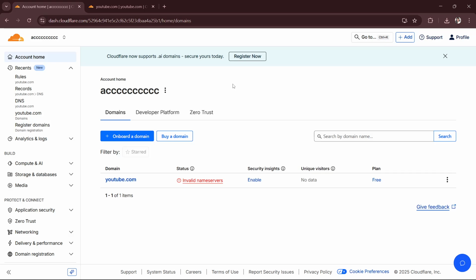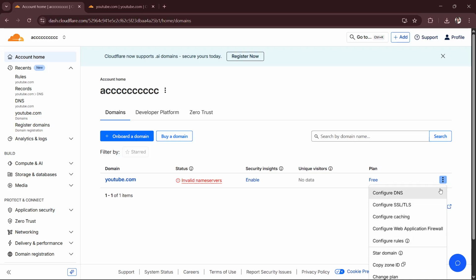Hi there! In this video, I'll give you a quick guide on how you can redirect HTTP to HTTPS in Cloudflare. So first, you will log into your Cloudflare account, and once you're here, you will just have to select your desired domain, and then you will just have to click this icon right here, and then click Configure SSL